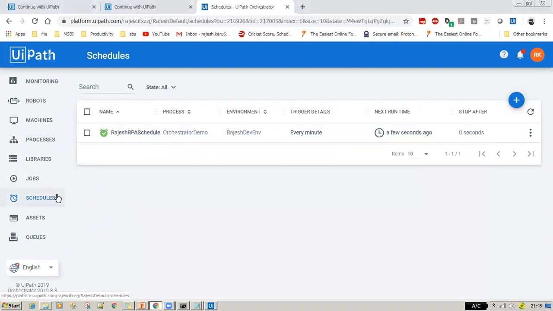You need to make sure that whenever you push this project, this particular process, the schedule has been configured to run for this process on this environment, and the trigger point is every minute, and the next runtime it will show. The next runtime is showing less than a minute.